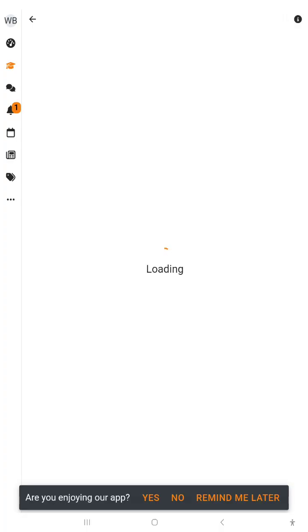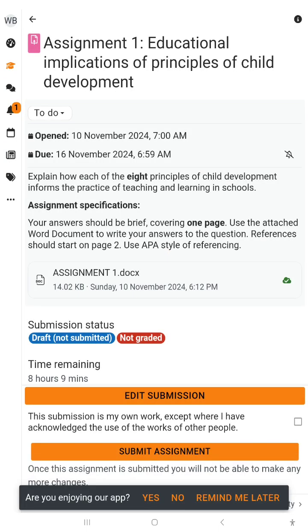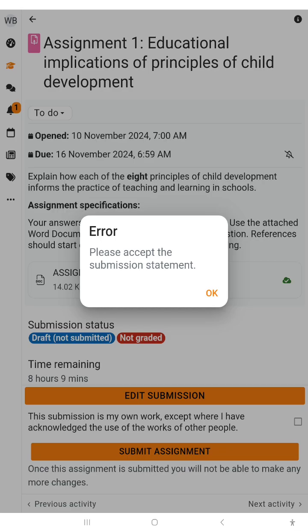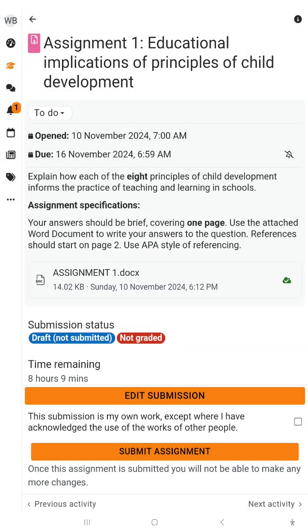So the document has been sent, and submit an assignment. So if I click on submit, then the assignment will be submitted. So let's click on submit. Oh no, it says please accept the submission statement. Yes, so it says submission is my own work except where I have acknowledged and so